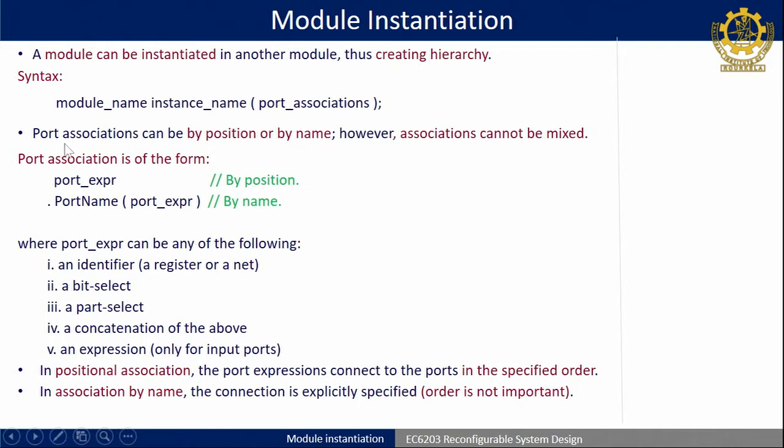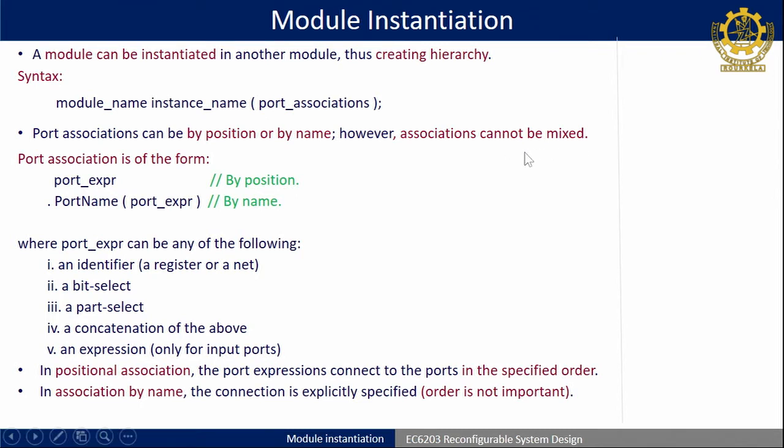The syntax is easy, like the gate level netlist we have done. You simply call the module name, then you give the instance name. Here the instance name is compulsory. Then port association. Port association means the connection of the sub module with the top module. Port association is done in two ways. One is called named association, by declaring the name of the ports, and the second is called positional association, by declaring the position of the port.